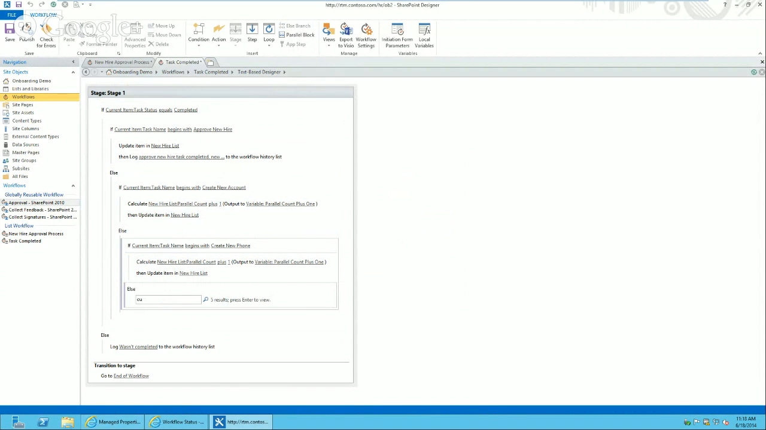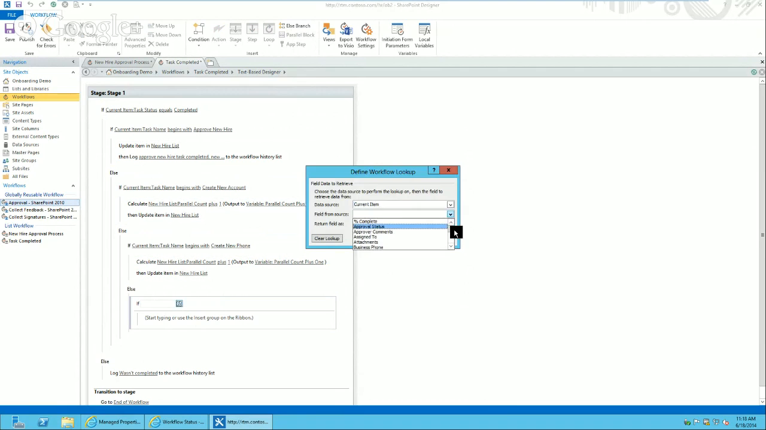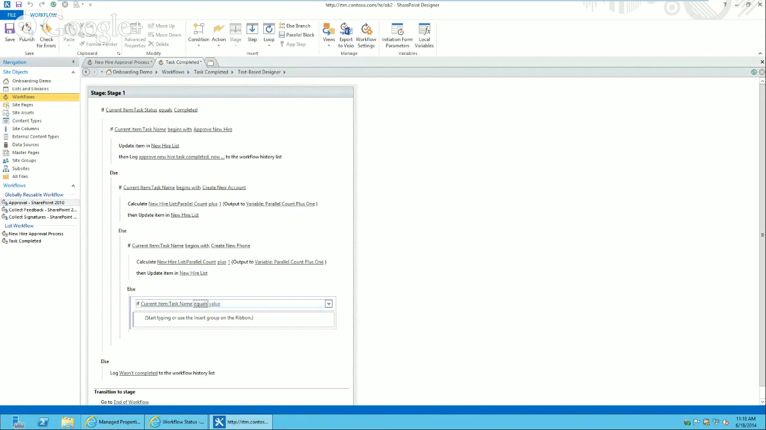All right, so if current else if any value equals any value. See how it does that? That's so strange. It doesn't work. It's not normal. All right. If current item task name begins with,